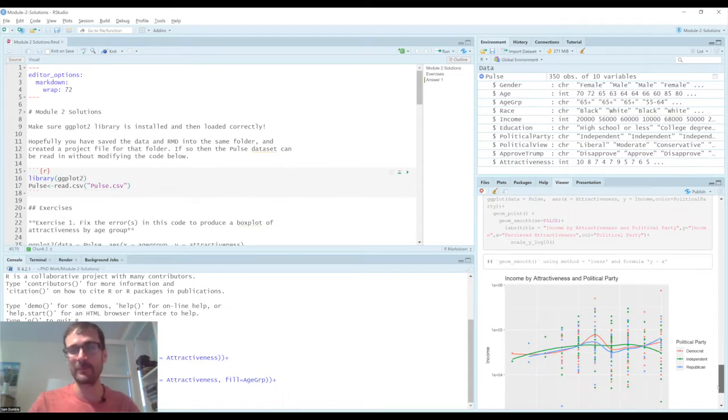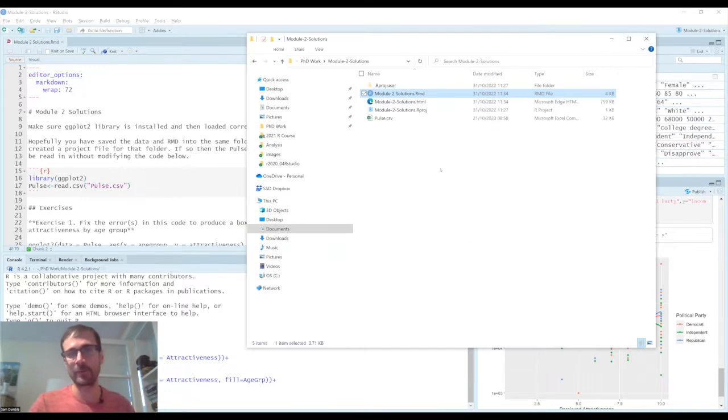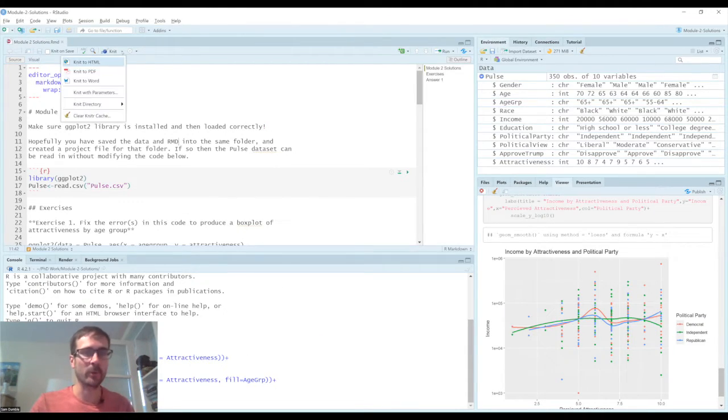And because we've done a project file, if I go back to that folder, that HTML file is now there, created. We can share that with people to show them the results of our analysis and show them the code that we had to make that analysis. If we prefer a Word file, you can see in here we can create a PDF, we can create a Word file. The first time that you do this, you will probably be asked to install some more packages, unless you already have those ones installed within RStudio.